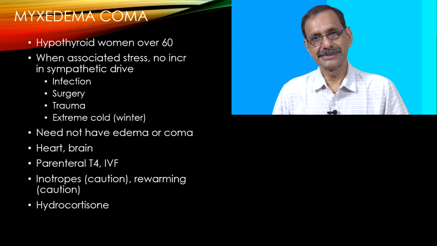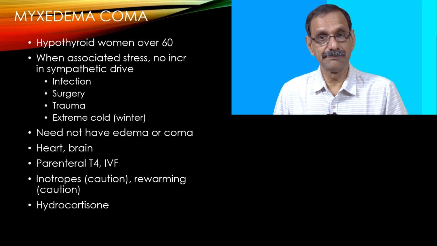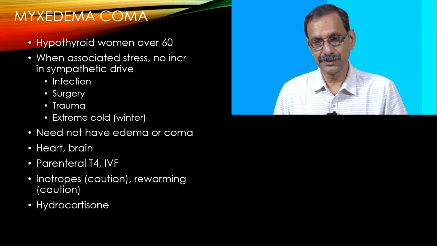And many a time we will not be able to know whether there is a cortisol deficiency also. Especially when the BP is down, there is an advantage of giving hydrocortisone also. Workup is easy. Serum T4 and TSH. T3 optional. T3 is generally of help in hyperthyroidism and not really in hypothyroidism. That we will discuss in another session.